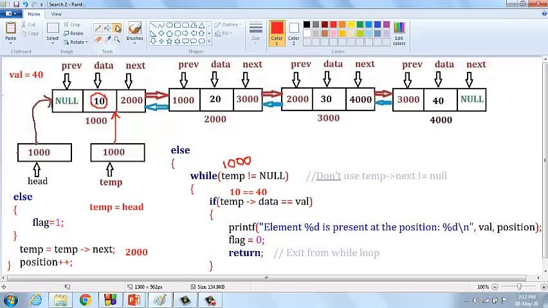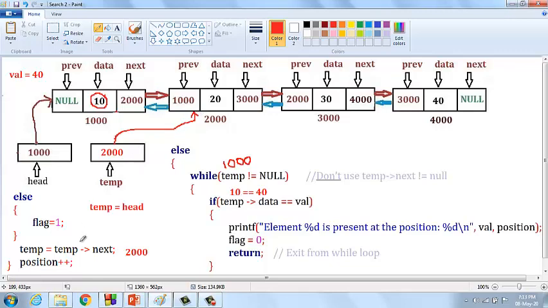Automatically the temp value is assigned to this location. Have you understood? Then automatically the connection is terminated from the first node, and a connection is created from the temporary pointer to the second node of the given linked list, because temp equal 2000.